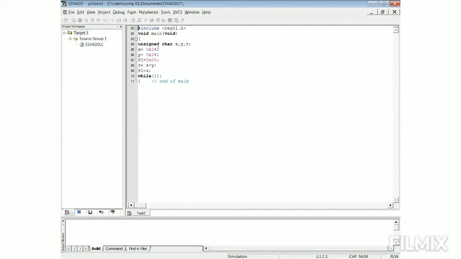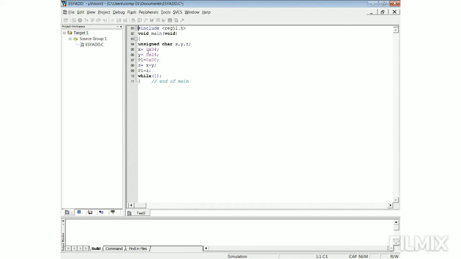Next, we have used here unsigned character x, y, z. For declaration purpose of 8-bit variables, we have used here 3 variables x, y, and z. In this program, we use x and y as input variable and z as output variable.